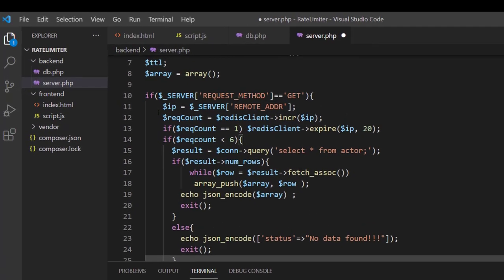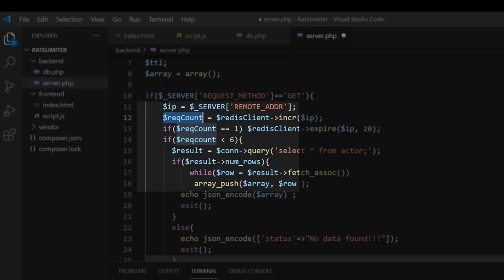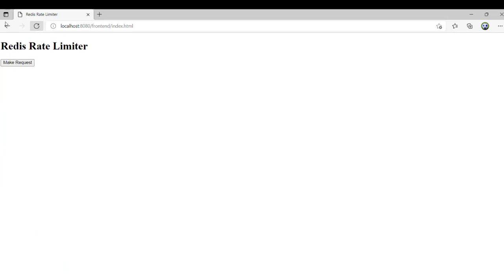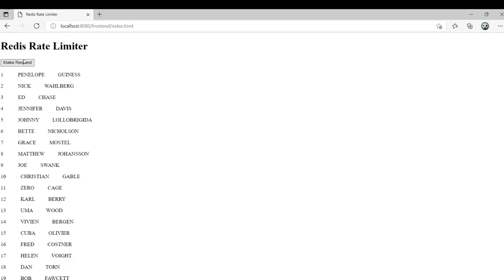Okay, the error is that this is the variable in which we are storing the current value of this key IP. But over here we are using a different variable with small c. So this variable is not the same as this variable. Therefore, since the value of this variable with small c was never set, it was never less than 6. So it was always true. Now since we have rectified the error, I hope this will work properly. Now let's go and check. Refresh. Make request. Another.